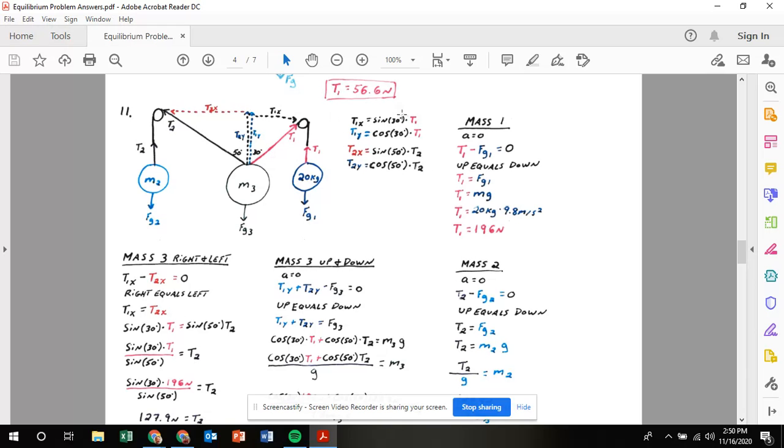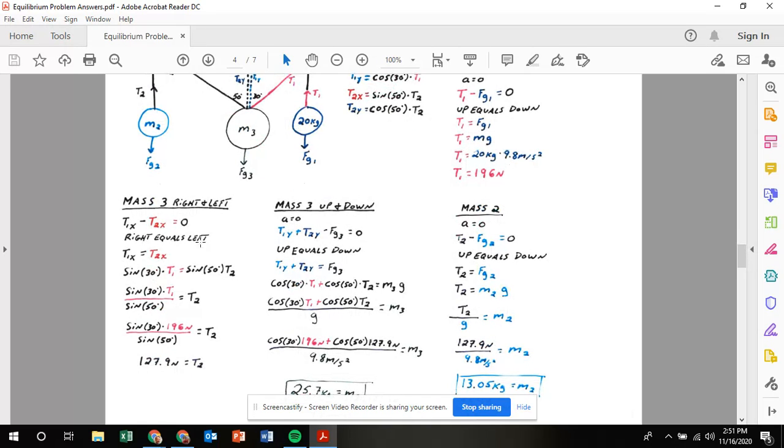Here it is right here. T1 in the y is cosine of 30, because it's the adjacent side, times this T1. And if we want to plug in, we could find out that that's the cosine of 30 times 196. T1 in the x direction is the opposite side, so that's going to be sine of 30 times T1, which is